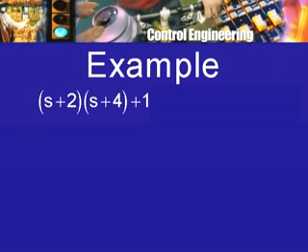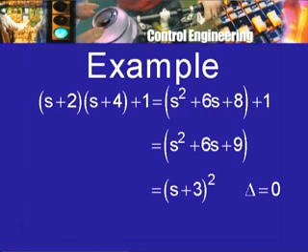Well, it does not take much time to realize that if I add 1 here, then this becomes s squared plus 6s plus 1 plus 1, or s squared plus 6s plus 9, which is s plus 3 squared. So the quadratic just becomes the square of a linear factor. In other words, it has two roots which are coincident, each one is minus 3, and that is if the number which is being added is 1.